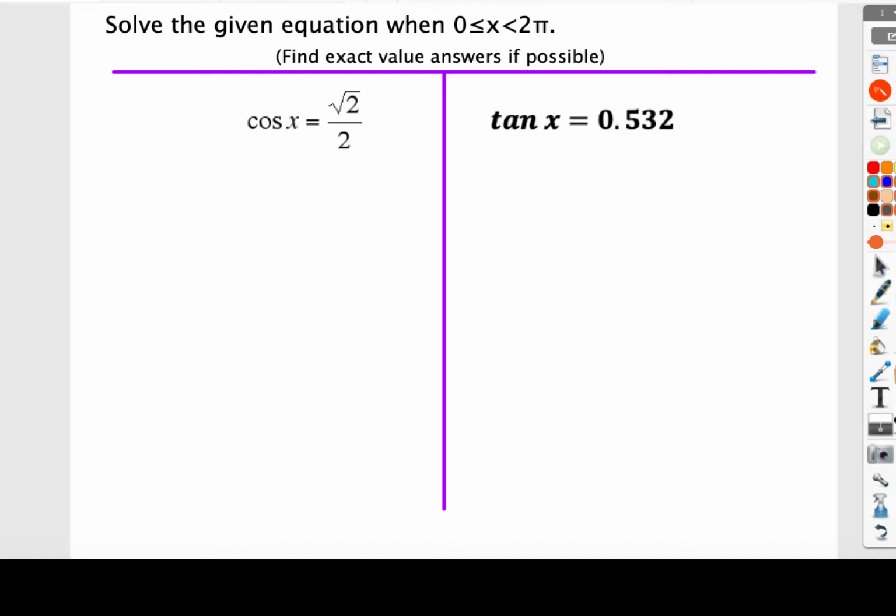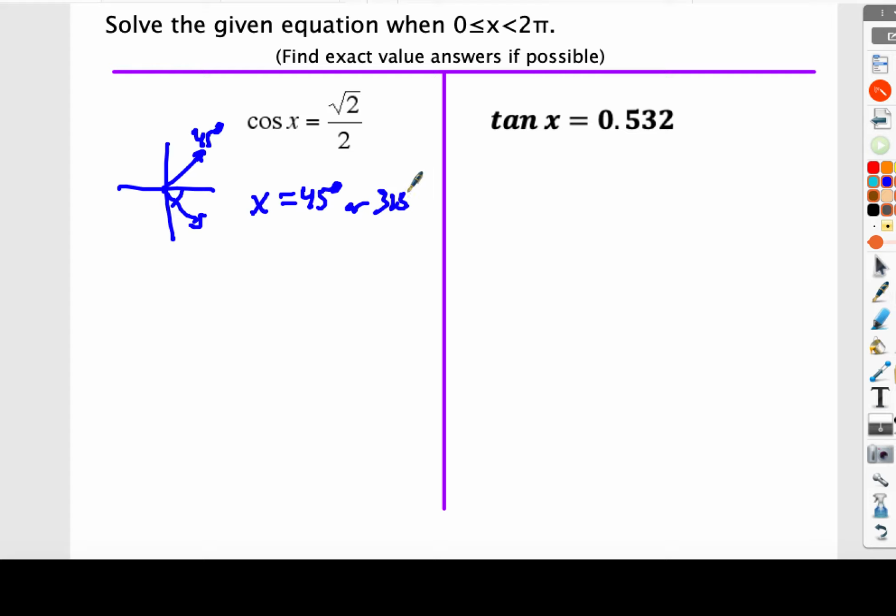Over here at the left, you might recognize the cosine of x equals root 2 over 2. Well, that makes me think on my unit circle, root 2 over 2 always reminds me of 45-degree angles. And the cosine would be equal to a positive root 2 over 2. Remember, cosine is adjacent over hypotenuse. So that means that our adjacent needs to be a positive value because our hypotenuse is always positive. So again, the cosine would be a positive root 2 over 2 in quadrants 1 and 4. And therefore, our two answers, without really doing a lot of work, would be 45 degrees or 360 minus 45,